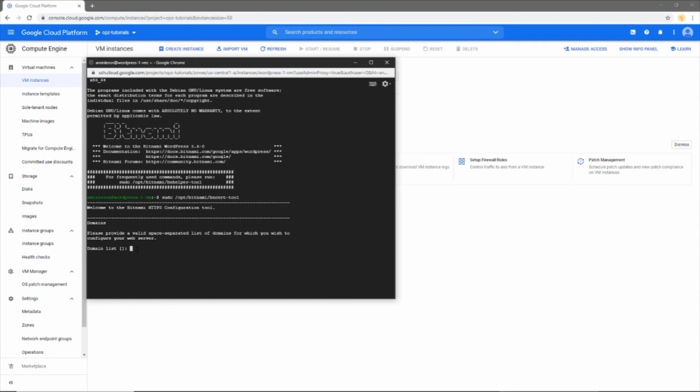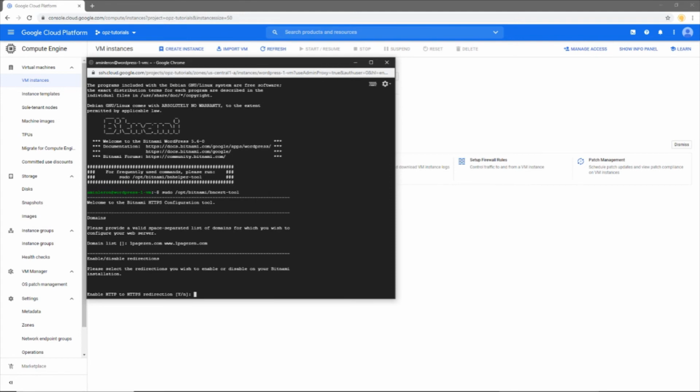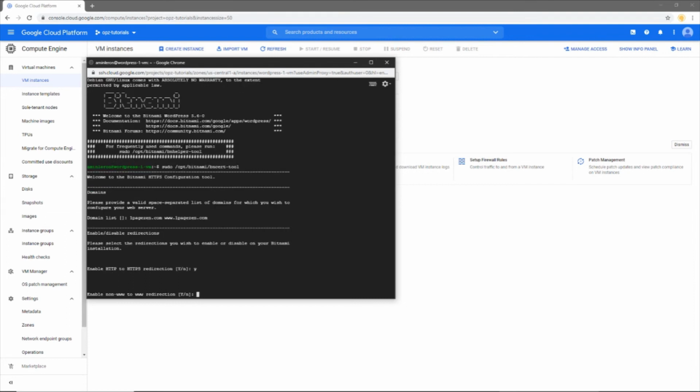So I'm going to enter my domains now. So I have onepagezen.com and www.onepagezen.com, and press enter. All right. And do I want to enable HTTP to HTTPS redirection? Yes. This should always be yes. Now this one is optional. It depends on whether or not you want the